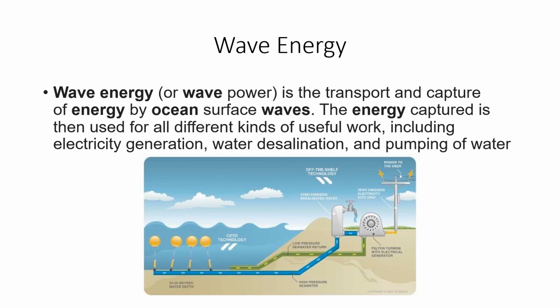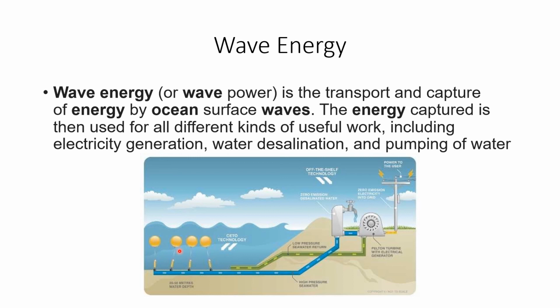The next is wave energy. Waves are a surface phenomenon. We know that waves occur on the ocean surface all the time. This can be used to move a floating buoy. You can see a floating buoy here. This is different from tides. Waves are a surface phenomenon, so the water moves up and down. The movement of waves can be